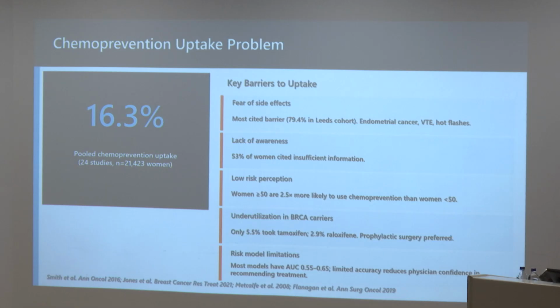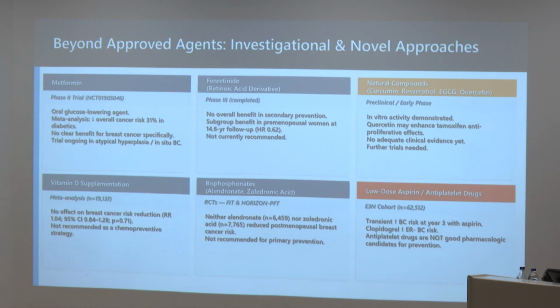First, they fear side effects when you talk about this. The second is the lack of awareness and low risk perception. "Okay, I already don't have any cancer, so I will not have it." So live it, I mean, this is a chance. Also, because there's not too much data for BRCA-positive patients, they don't use it. So for the future, there are 6 agents that were studied so far, like metformin, fenretinide,